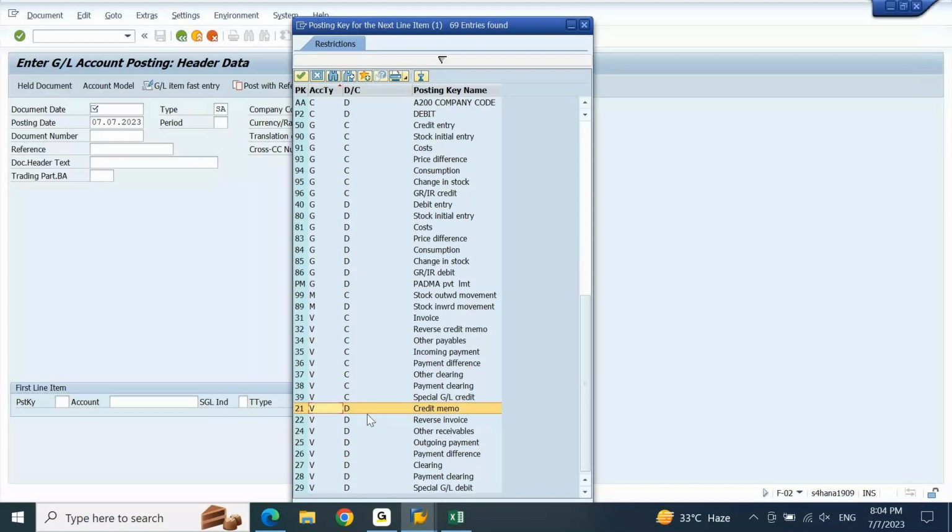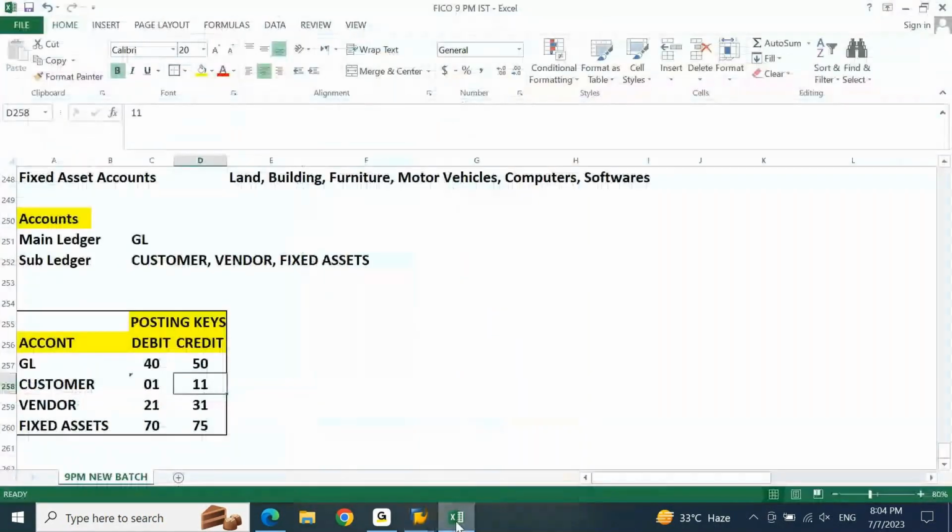If you are talking about vendor debit, anything starting from 2 series. In short, 21 to 29 is vendor debit. Anything starting from 3 series is your vendor credit. 31 to 39 is vendor credit. 21 to 29 is vendor debit. If I close this, if I come to the Excel sheet,